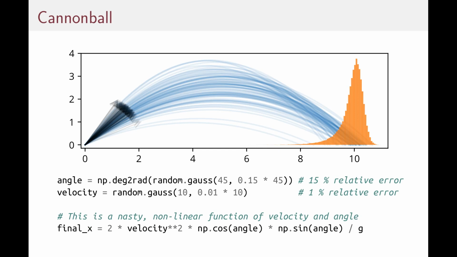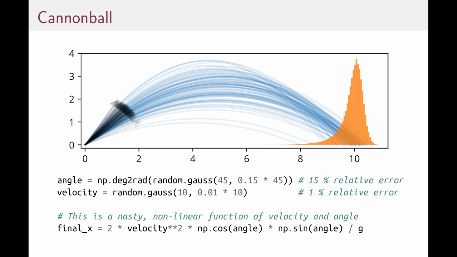Well, you can just sample inputs and then run the function over and over and over again. Here I assume a 15% relative error in the angle and a 1% relative error in the velocity, and I just throw it all through my function, which is shown at the bottom here. So this is a very nonlinear function. It has a cosine, it has a sine, velocity squared, and trying to figure out the theoretical distribution of x would be a nightmare. But if you just sample it many times, you get a really nice probability density function